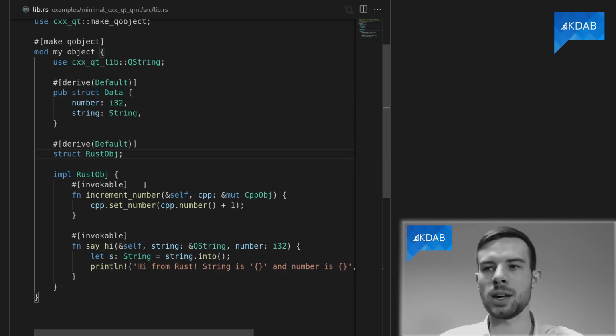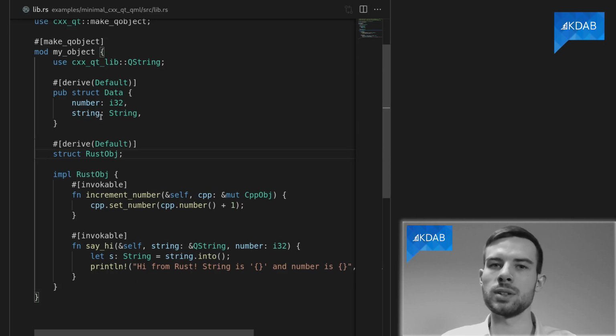Just like we can mark a C++ function as invocable, we can also mark Rust functions as invocable. And in that case, they'll also be accessible from QML and from C++. And the same goes for the sayHi function that takes a string and a number and then just prints the string and the number. In this case, this will be just the string and the number in our Q object.